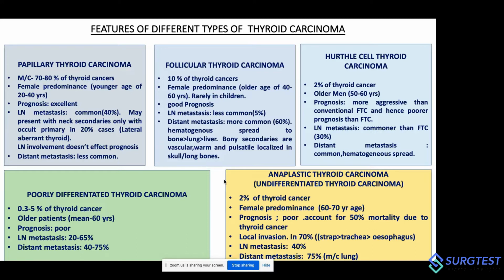All five except one commonly have lymph node metastasis, except for the follicular thyroid cancer. Now, in follicular thyroid cancer, bone is the foremost site of metastasis, while in anaplastic it is lungs. So you can see a lot of questions can be found from this single slide only. So remember this very carefully.